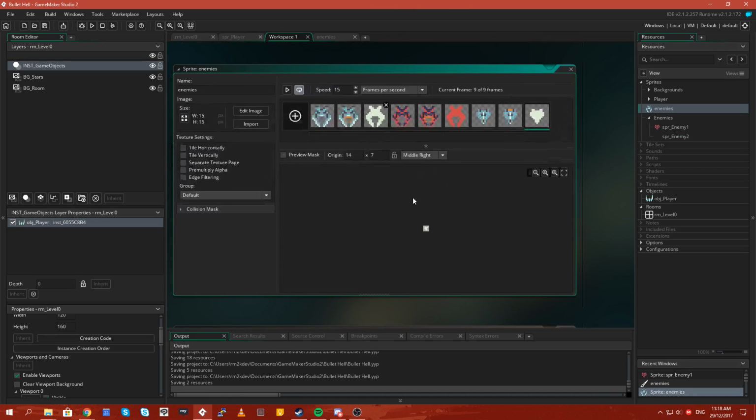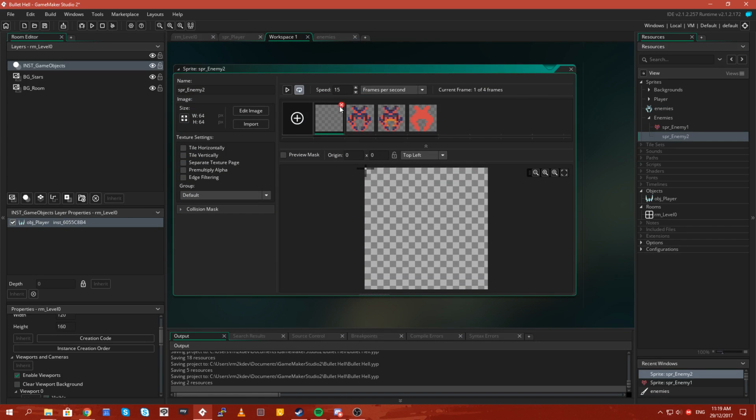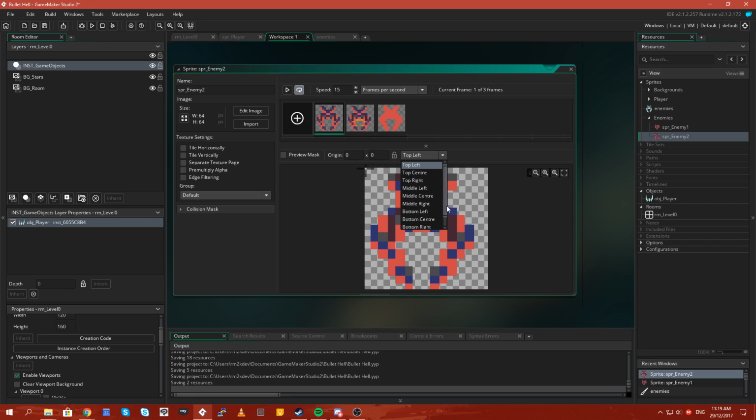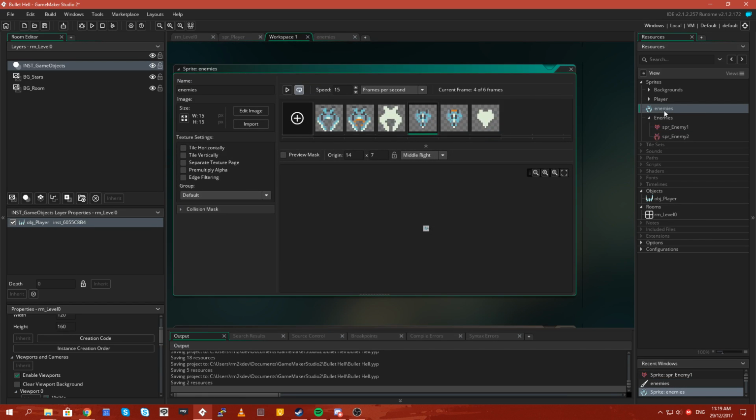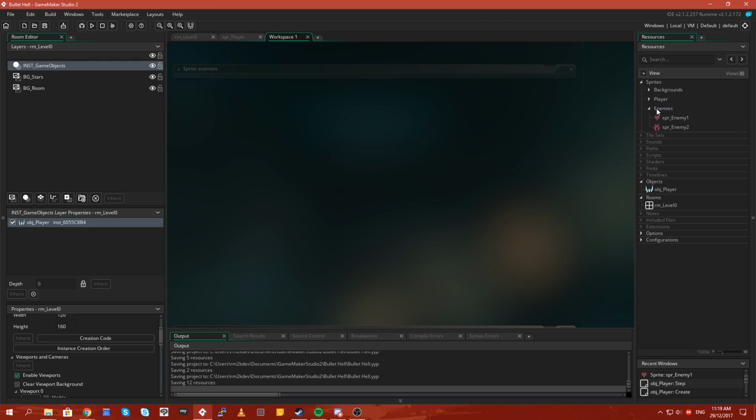Now back in our little array over here, let's take these 3 sprites and let's put them in here like that. So now we have this. Let's middle center them. Obviously enemy 1 is sort of our beginning wave. And these ones, I don't think we need these anymore. Let's get rid of those. Okay, so now let's begin by creating some objects based off of these enemies.